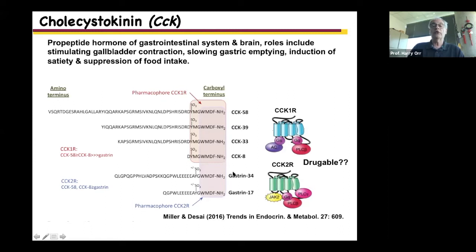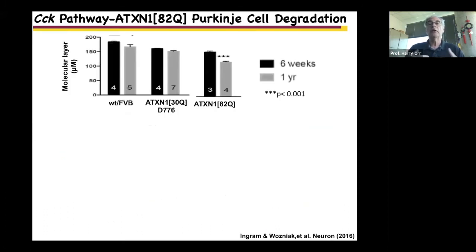This cholecystokinin is a member of the gastrin family, whereas the gastrin-generated peptides typically favor interaction with the CCK2 receptor. Because of the role of this system in satiation and potentially obesity, there has been an enormous amount of effort to try to identify small molecules that might stimulate these two receptors as potential therapeutics. So first, let's see if we can get a little clearer picture of the role of the CCK system in the D30 mice in terms of the absence of Purkinje cell atrophy.